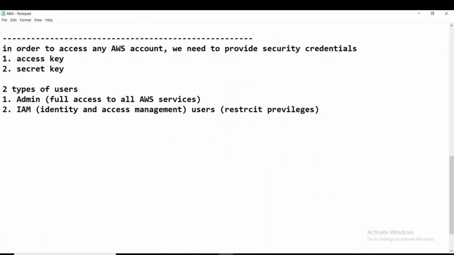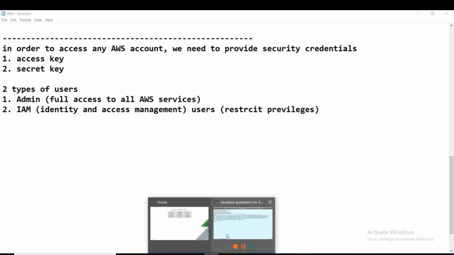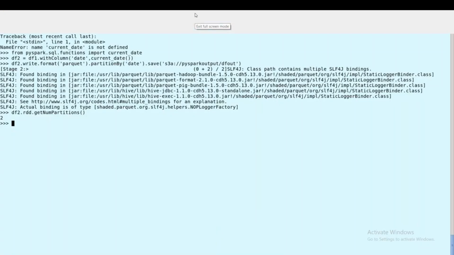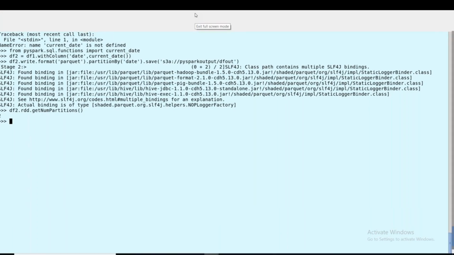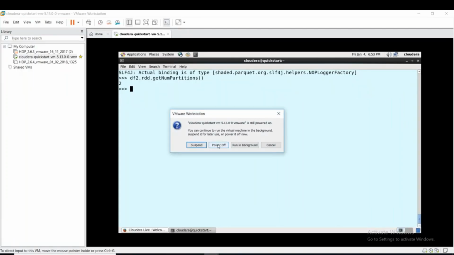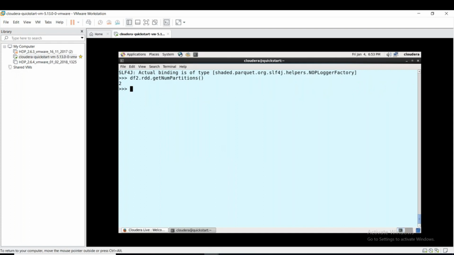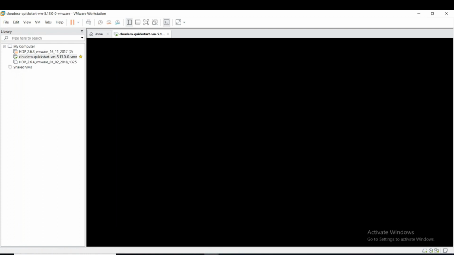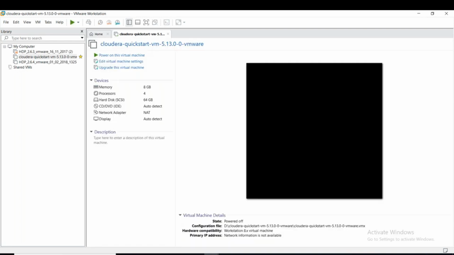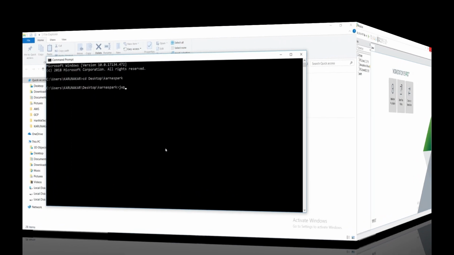Okay, now let me close this now. So I'm closing this because this image is consuming a lot of space actually. I'm powering off. Now I'm going to open Jupyter Lab and Jupyter Notebook. From that, how do we write a standalone program to read and write to S3? Jupyter notebook.